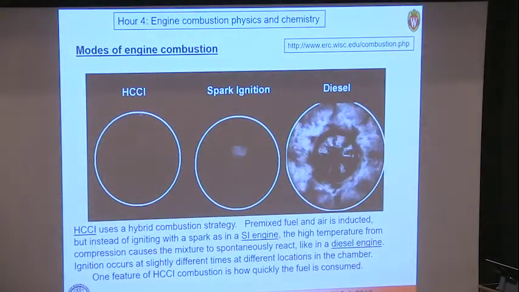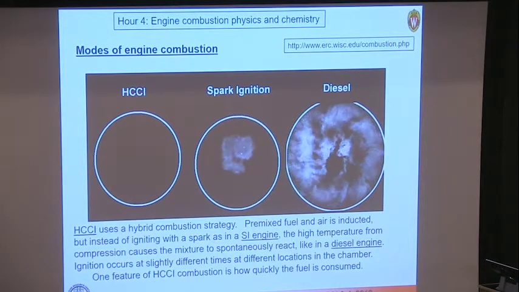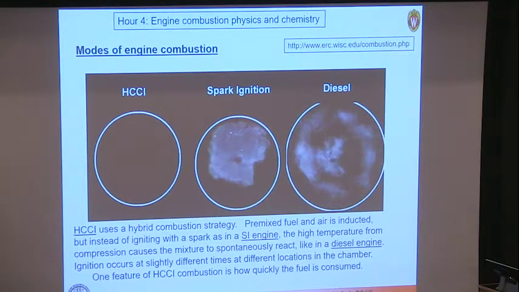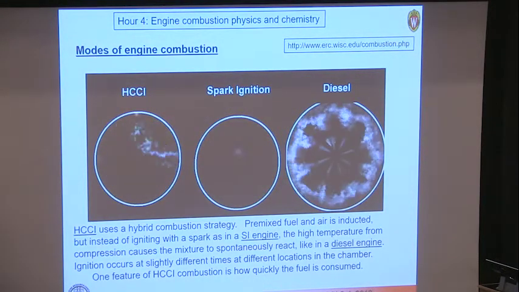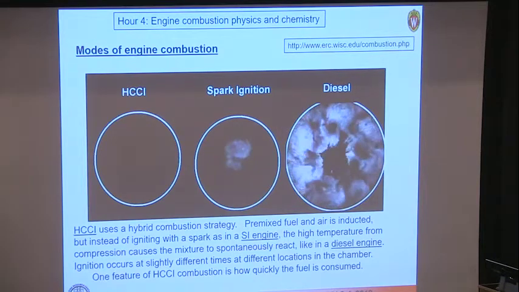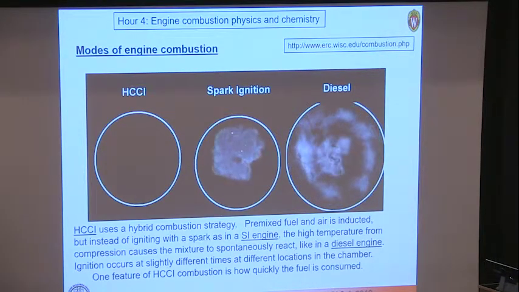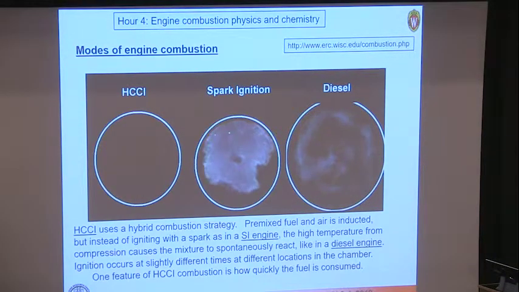Fuel jets appearing, igniting, self-igniting without the need for a spark plug, and then combustion taking place. So HCCI shares the characteristic of diesel combustion that it is auto-ignition. There's no spark plug needed. Spark ignition, on the other hand, requires that you ignite the mixture and rely on flame propagation to finish the